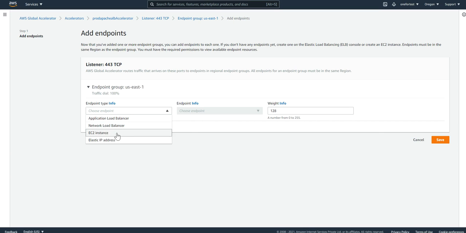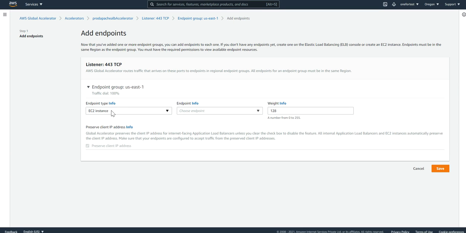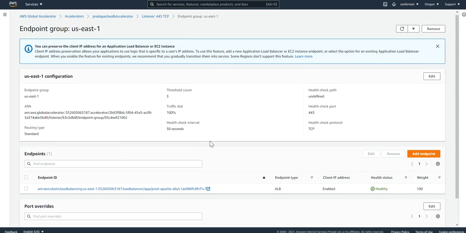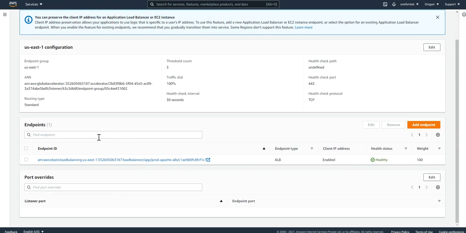Let us say I want to create one more endpoint with an EC2 instance. I can use any of these, and I can set a weight here. So weight basically defines the routing: suppose I have two EC2 instances and I want the routing based upon the weightage. If I give 128 to one and 50 to another one, more traffic will go to the instance which has the higher weight, right? This is the kind of threshold this is. But I don't want another endpoint to be created here, so I'm just canceling it. Okay, so that was all about it.